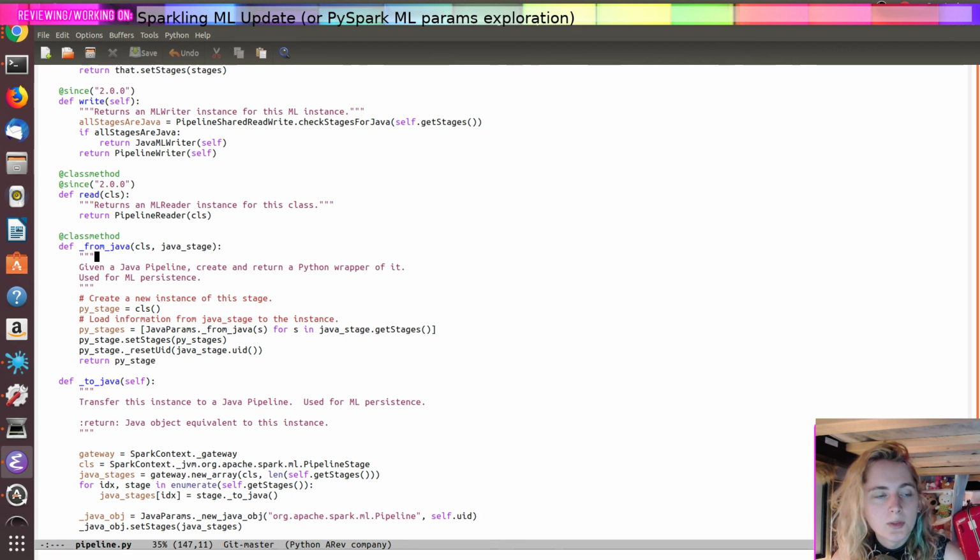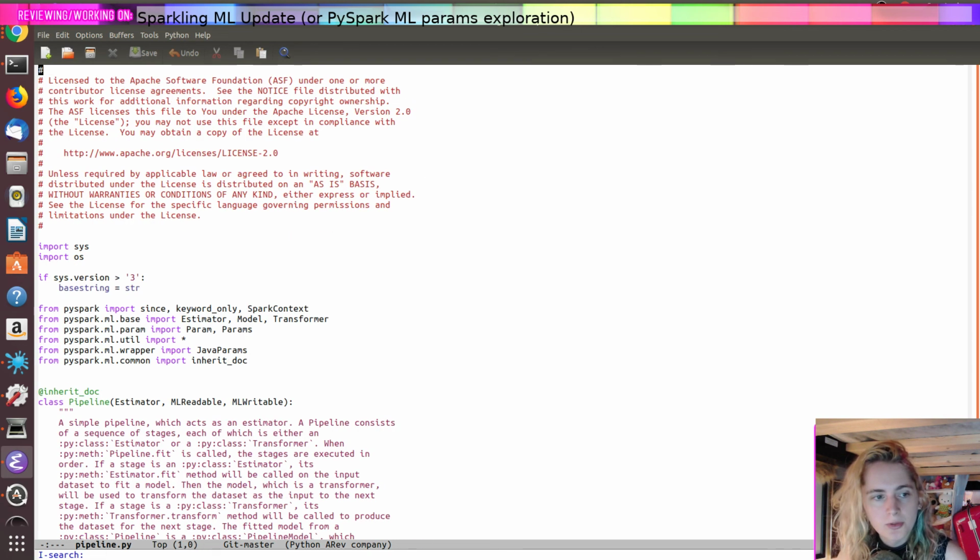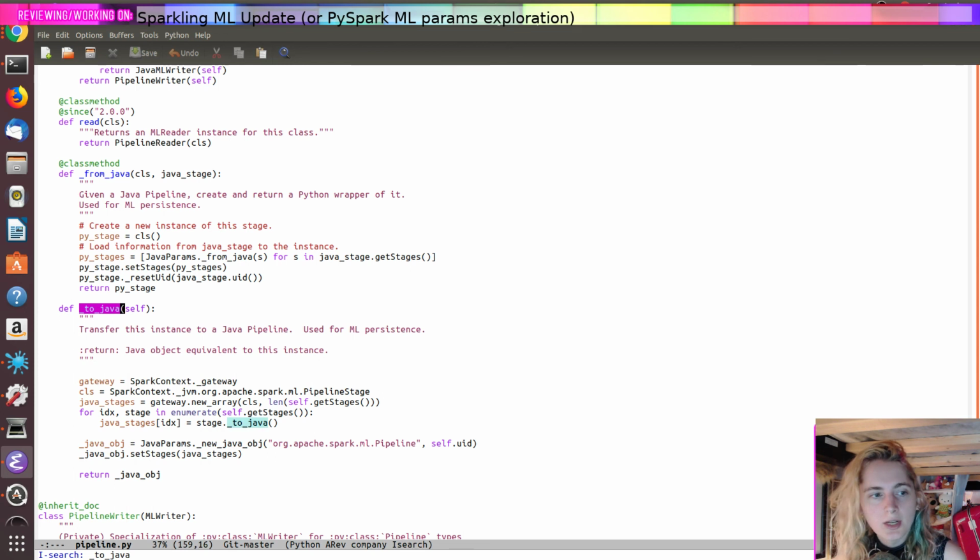And so, given a Java pipeline, create and return a Python wrapper of it, and vice versa. This goes through and takes all of the stages and tries to copy them into Java. This is done so that the parameters are copied into Java as well. And so if we look at this underscore to Java function,